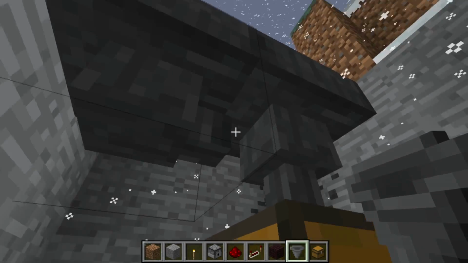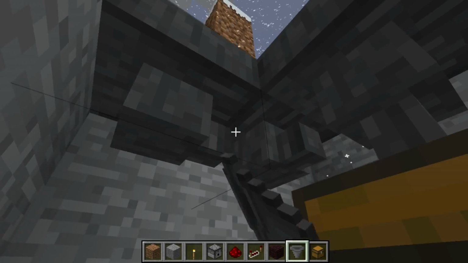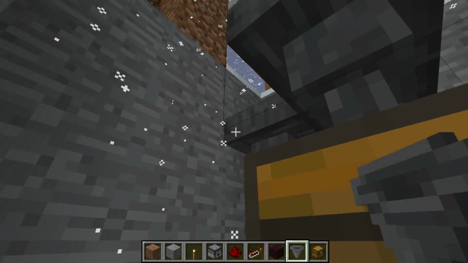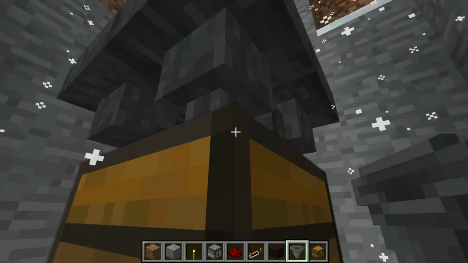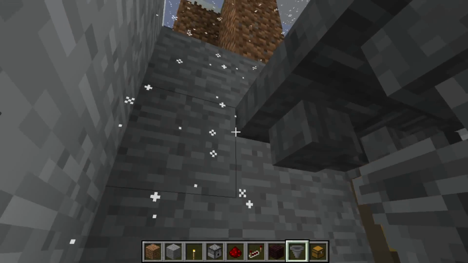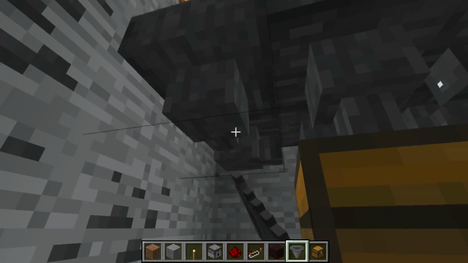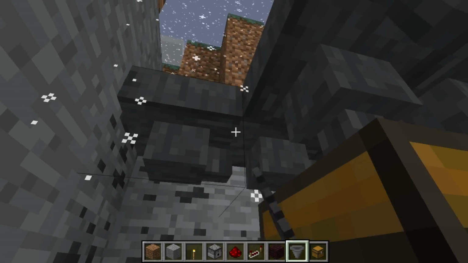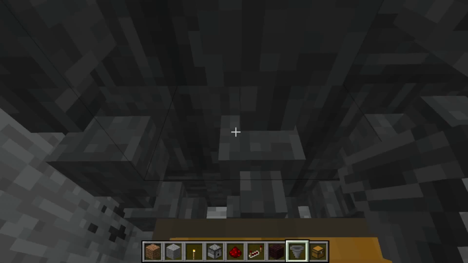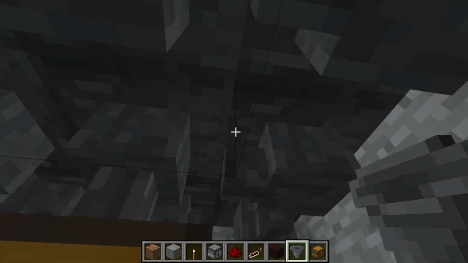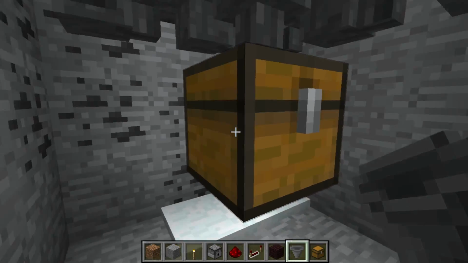Now see, I got this facing into it. Got that one facing into that one. That one facing in. Facing in there. Facing in there. Facing it that way and facing that way. Alright. So essentially anything that gets collected, it's going into this central point, and it's going to get dropped into